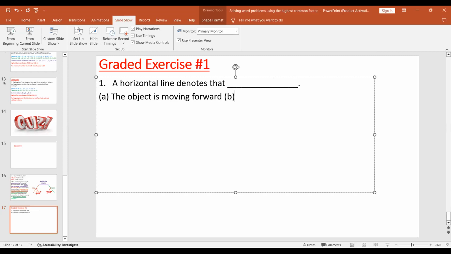B, the object is at rest. And C, the object